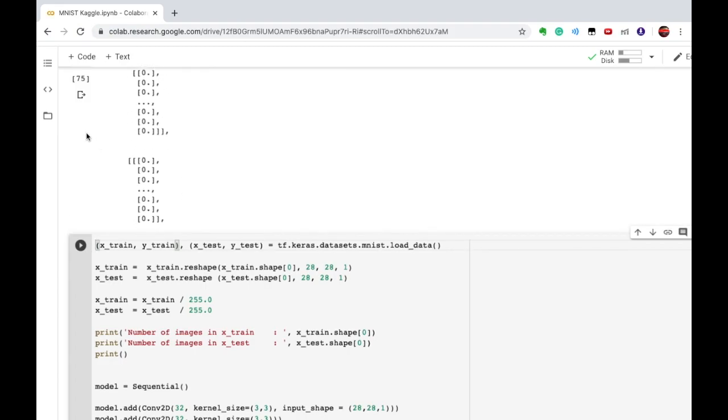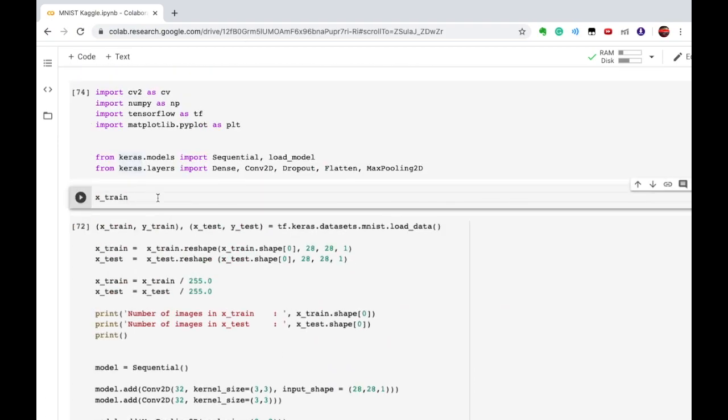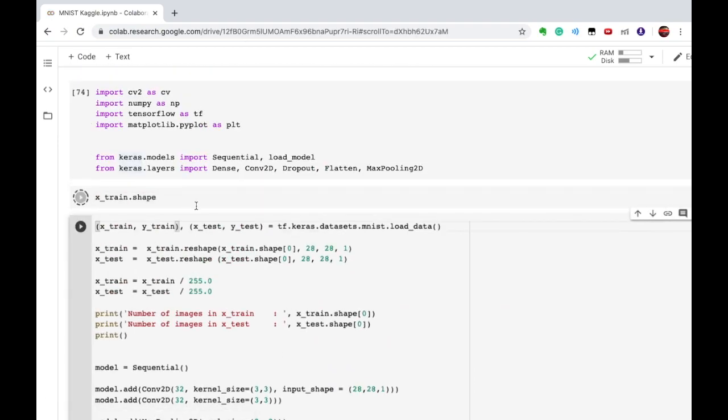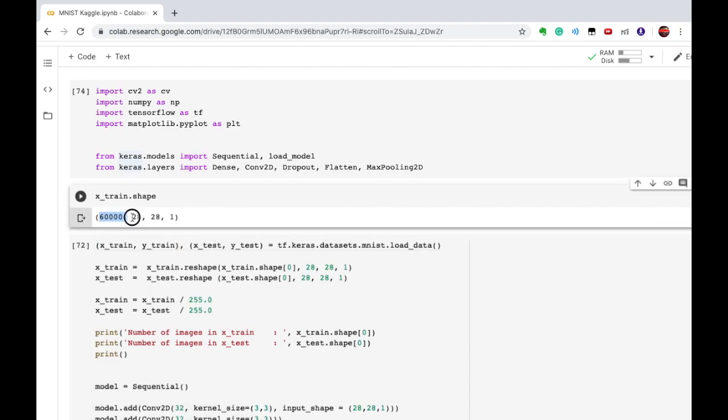These are the values inside x_train, and if I check the shape of it, we have 60,000 images of shape 28 by 28 by 1. So we have 60,000 images of shape 28 by 28. It's as simple as that.